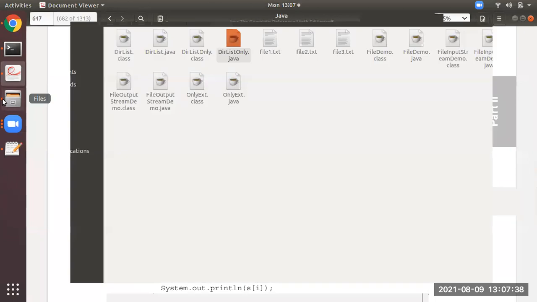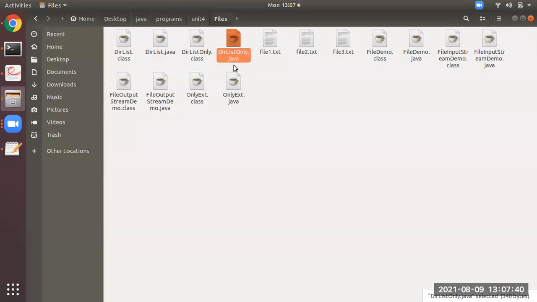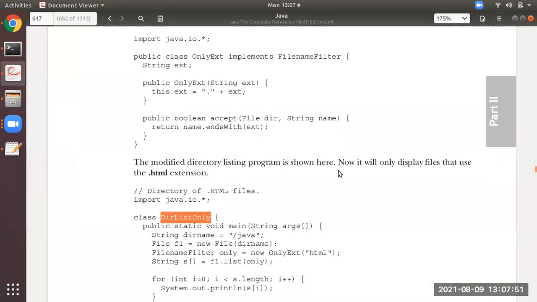So by default, when you compile dir list only.java, it will create a .class file for this, as well as a .class file for only ext.java also. Now you see here, students, how it is working. Remember one more thing: only ext over here is implementing file name filter. And again, you all have remembered, whenever an interface is implemented, its method should be defined.